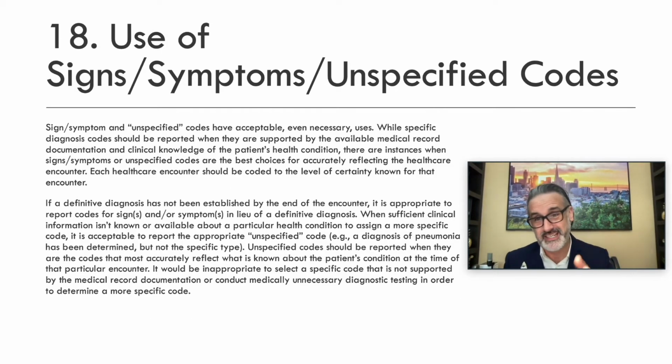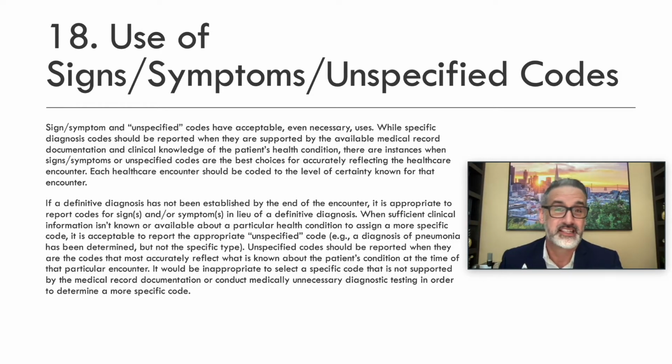And we have part number 18 and part number 19. So part number 18 here, use of signs, symptoms, and unspecified codes. And just like we had for section 1, part A, we had some redundancy there. We have some redundancy here in section 1, part B, because we already really just discussed the signs and symptoms and unspecified codes. But just to be redundant, because that's what they have us do in the guidelines here,